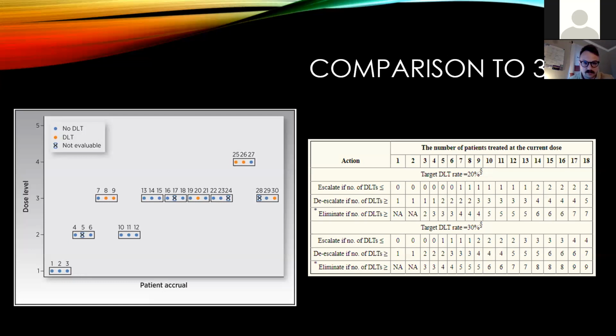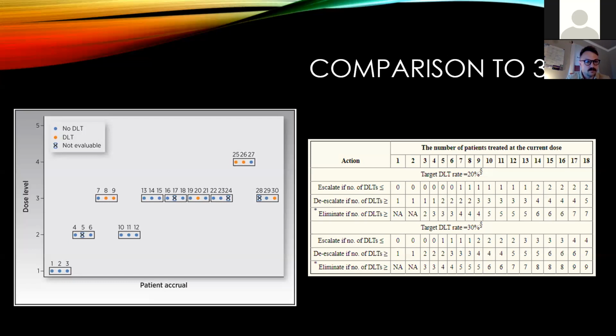We hit our 3rd dose, and this is where us having a pre-specified sample size helps. We're going to hit our maximum sample size of 30 patients. And at this point, we're going to choose based off of all of our information, dose 3 as the MTD, because our estimated DLT rate is 26.7% using all the information that we've collected, which is quite close to our